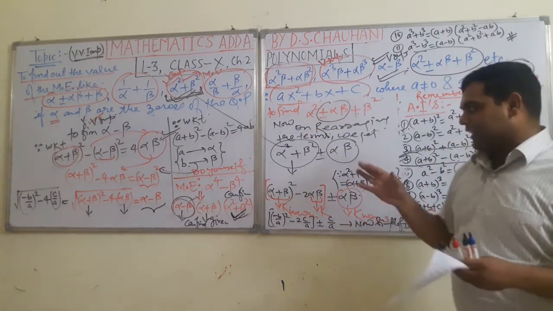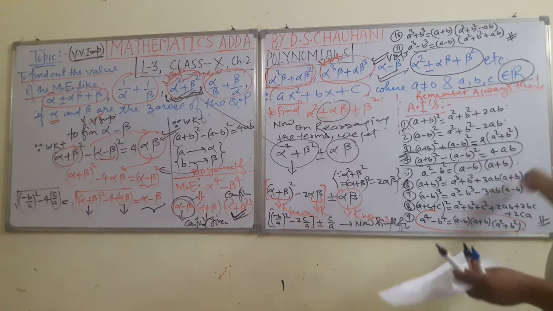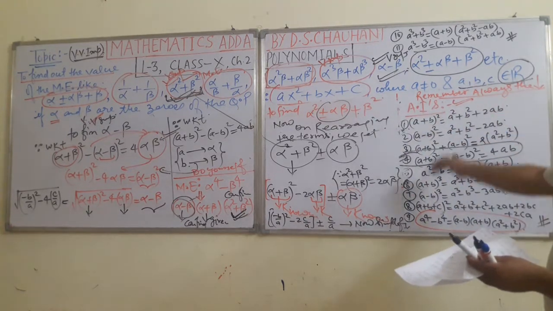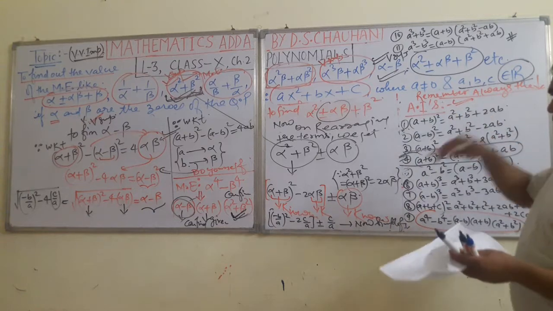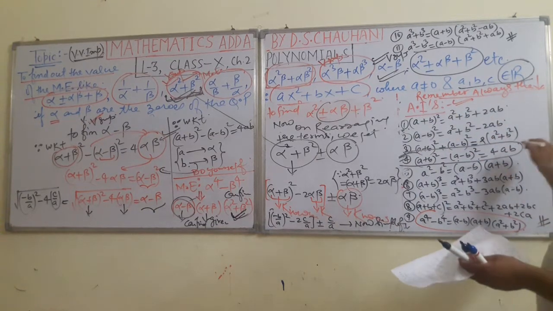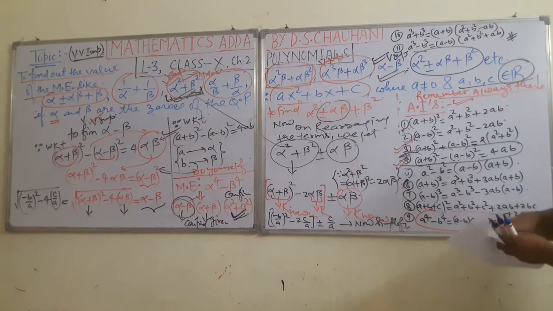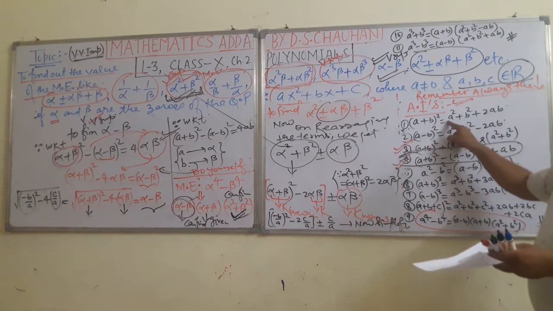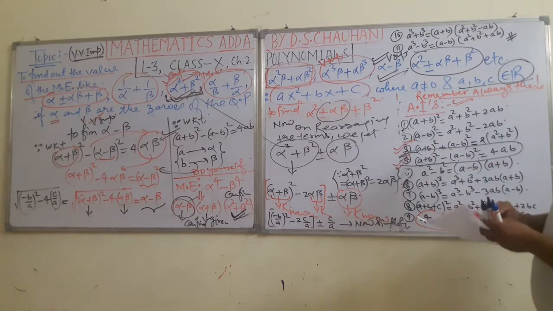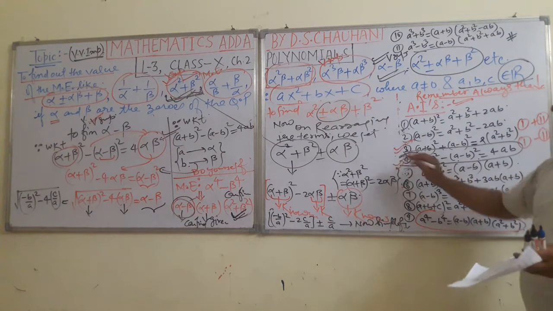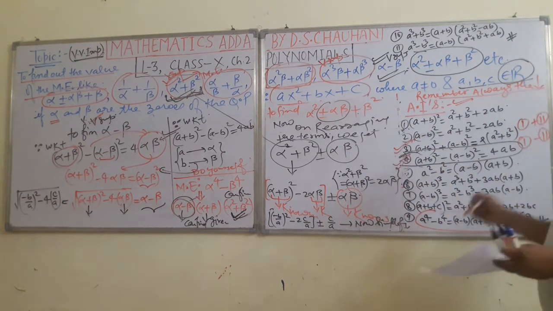I hope all of you are satisfied. And students, here I have written some algebraic identities. These are 11 in number. These are very important. Here you are looking at these very new formulas. Remember how we are finding it? This is a plus b to the whole square, a minus b to the whole square. Once we have added them and once we have subtracted them, we have got these wonderful identities.